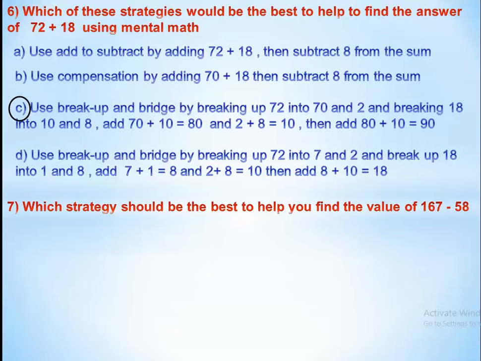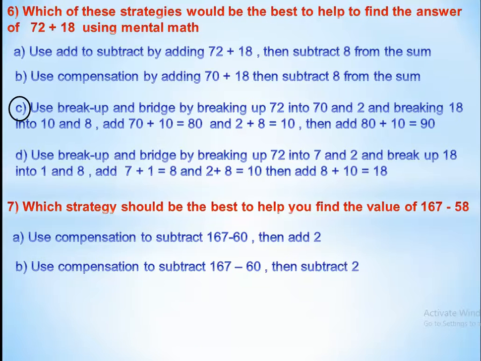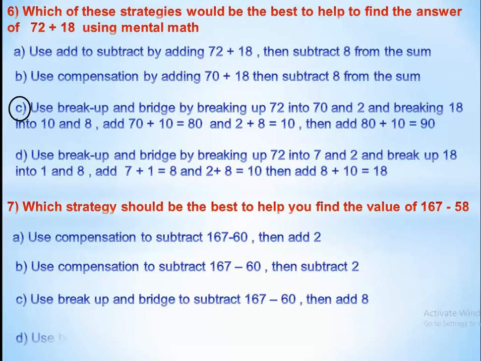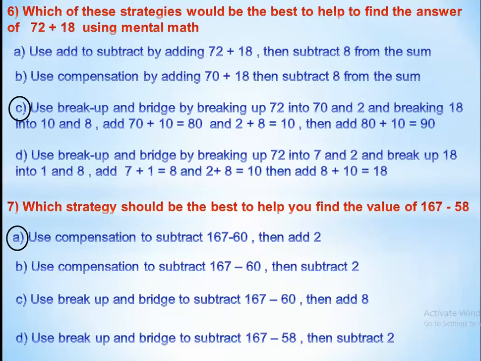Which strategy should be the best to help you find the value of 167 minus 58? Use compensation to subtract 167 minus 60, then add 2. Use compensation to subtract 167 minus 60, then subtract 2. In compensation, in subtraction, we will add the number which we take before. Okay,